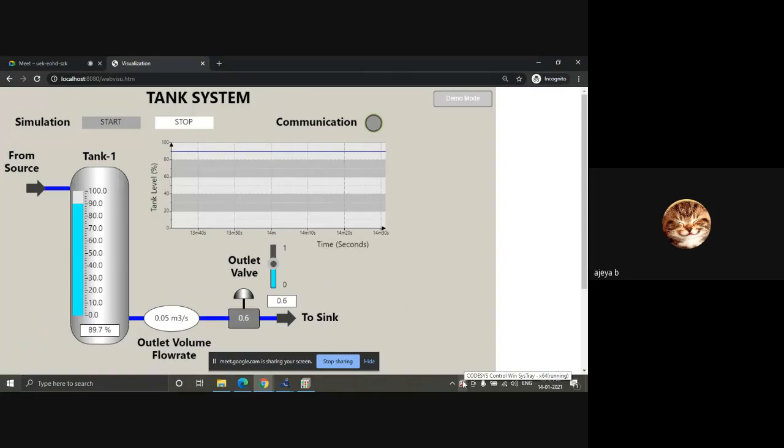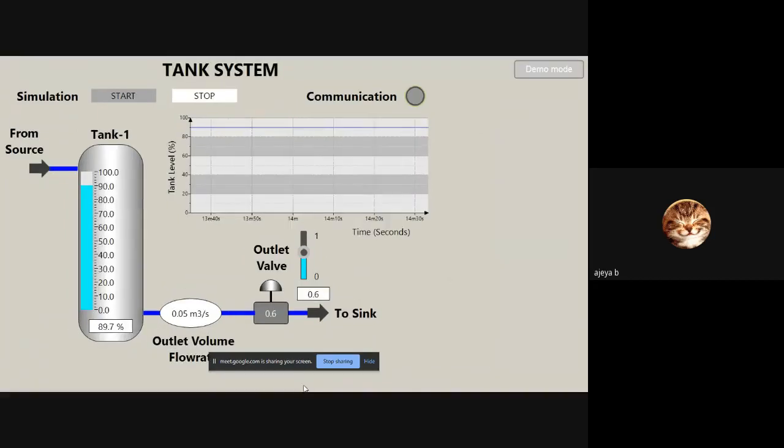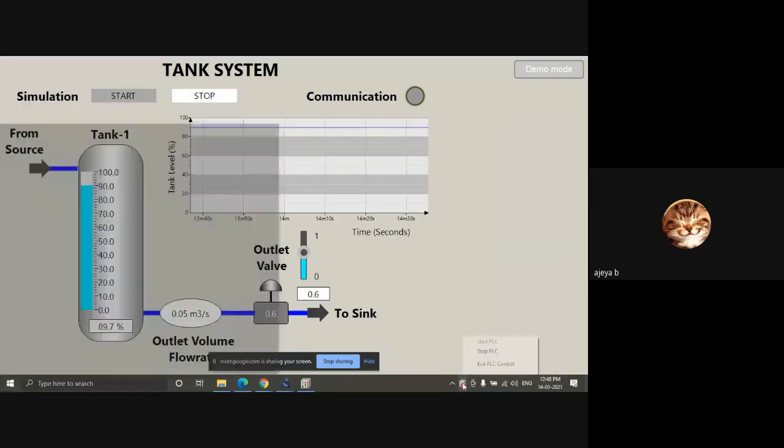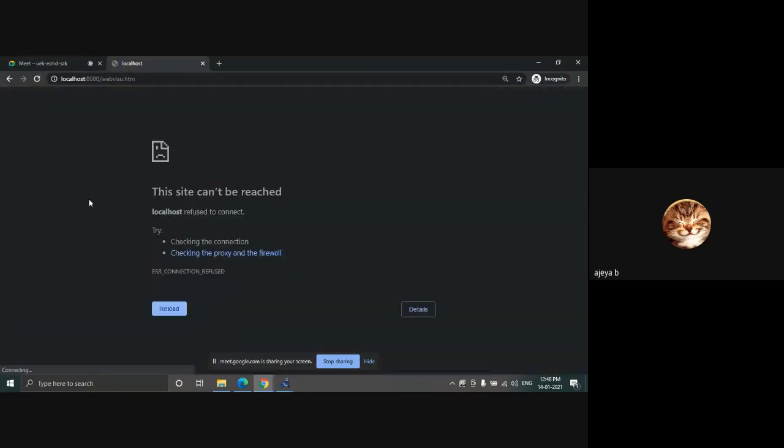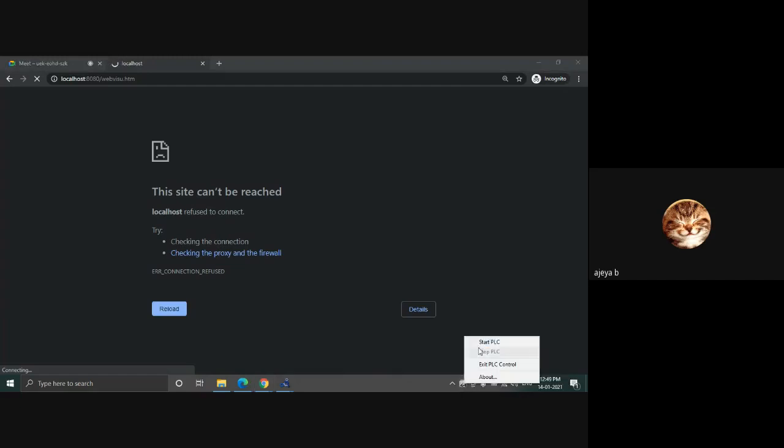So now this page has frozen. So now it's not running. Now, if I just want to run the PLC and do not do any development as such, so just start PLC. So it will start the local Visio as well as the web Visio.